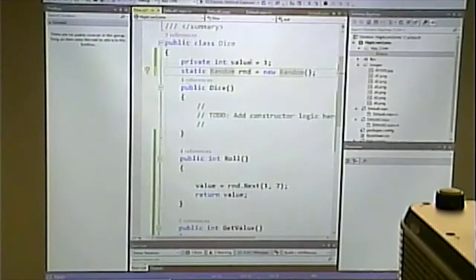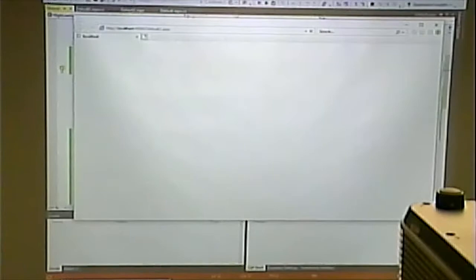So I'm going to make this a static variable, and let's see if that matters. That should fix it. Yeah, there we go. Okay. A static variable means that there is just one value per class. A random number generator is actually not random. It's what's called pseudo-random. And it's sort of complicated how it works. But in a nutshell, if you create a random object and call the random function over and over again, you actually get a constant series of numbers